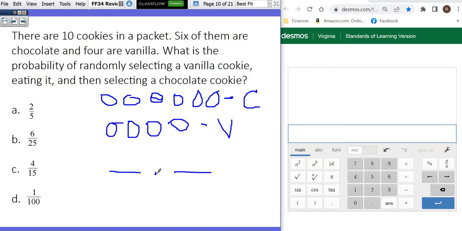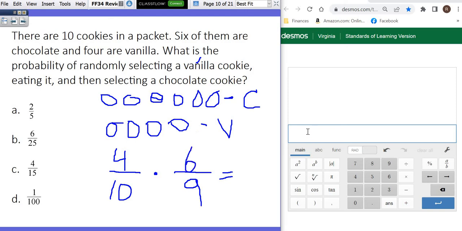So we're going to have 2 things happening. So we need 2 fraction bars. So let's go back and start at the beginning. First of all, we start with 10 cookies. And they say, what is the probability of selecting a vanilla? Well, there are 1, 2, 3, 4 vanilla cookies out of 10. Then you're going to eat it. So that means we no longer have 10 cookies. We now only have 9 cookies left. But this time we want a chocolate. Well, there are 6